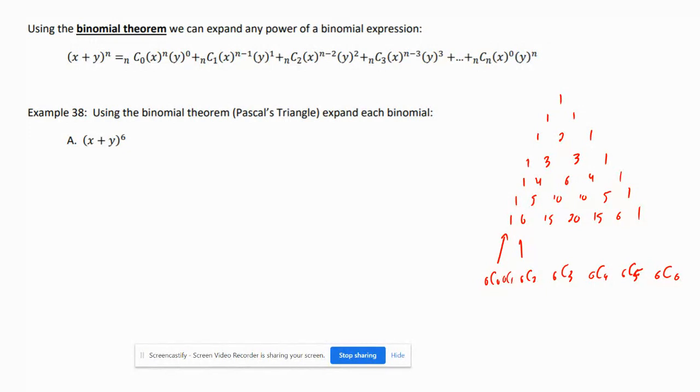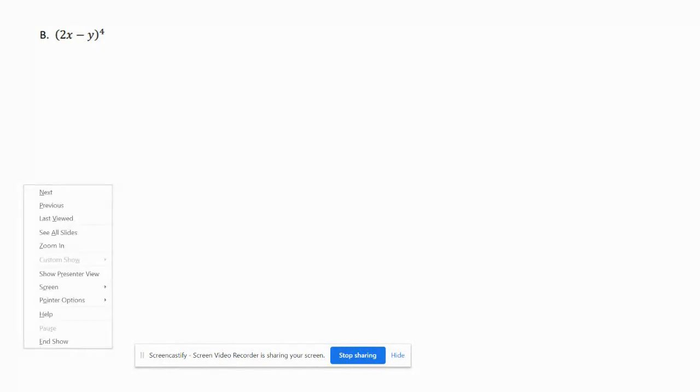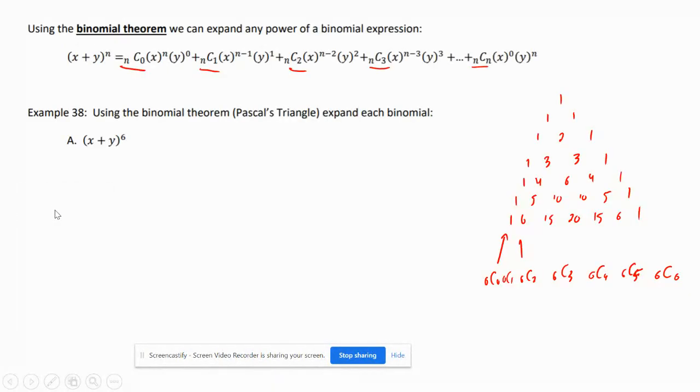Okay, so what I'm going to do over here is what this part is saying. Guys, we don't need to have this memorized. We actually have a formula on our formula sheet that we can use, or we could just use Pascal's triangle. I'm going to write down 1, 6, 15, 20, 15, 6, 1. So the pattern, if this is x plus y to the 6, is I start